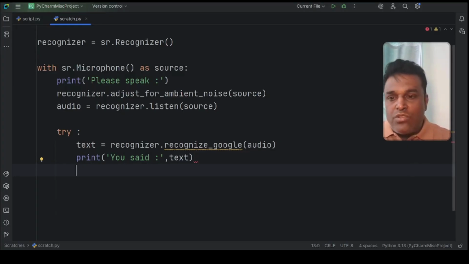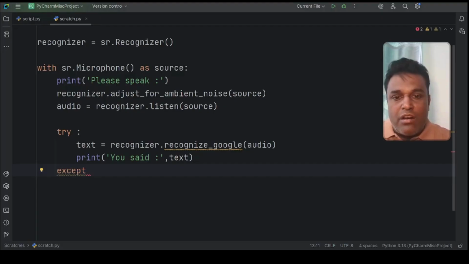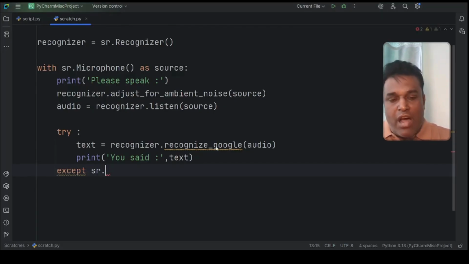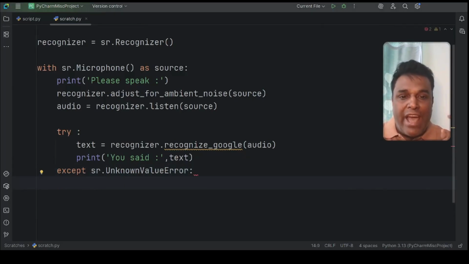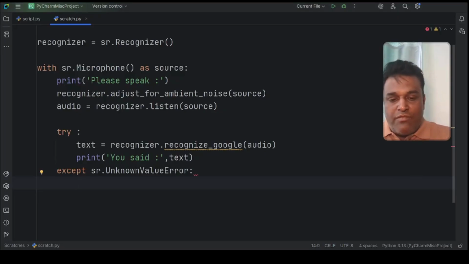Okay, so let us handle the exceptions that can occur, and the first exception is unknown value error. This particular exception can occur in case it is not able to understand whatever the audio is. In that case, we can simply print the message,